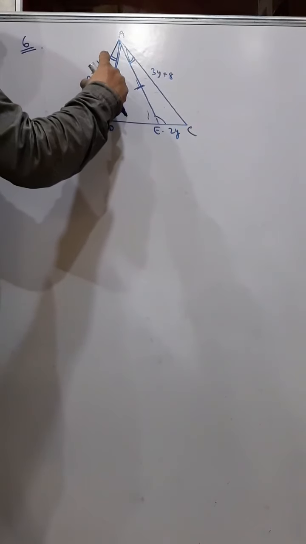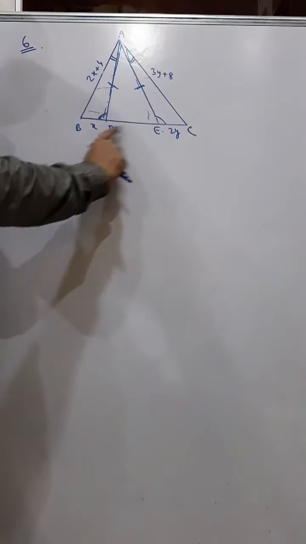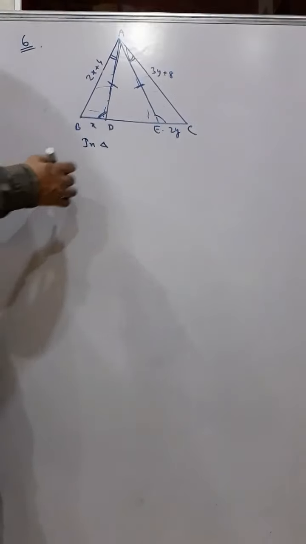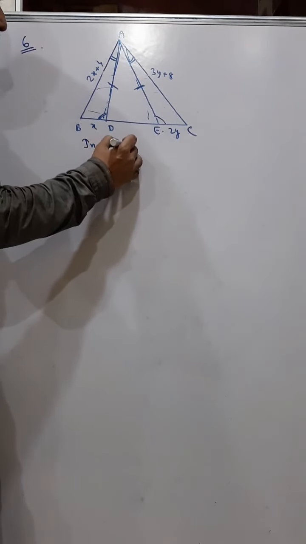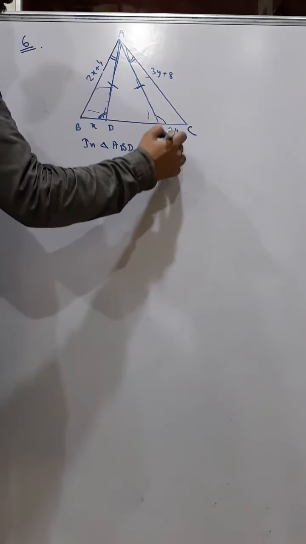We know that CPCT, and therefore we can say that 2x plus 4 equals 3y plus 8. So from there we will get the first equation, and we can also say that x equals 2y. From there we will get the second equation, and by solving these two equations simultaneously we can get the value of x and y. Understand? But first we have to prove the triangles are congruent. So in triangle ABD and triangle ACE,